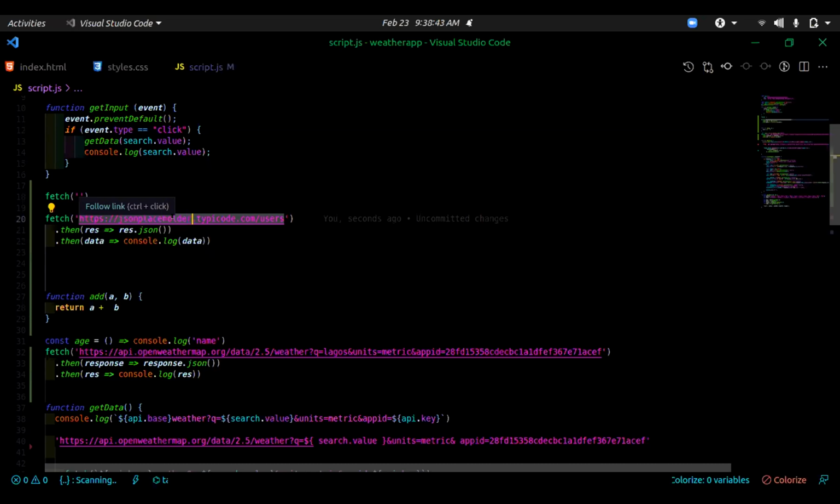So there are three states to what a promise is. You can have a promise when it is pending. That is when you are trying to resolve the promise that you're getting, that means the data that you're getting. You can have it in a failed state. The failed state is when you're trying to get a promise, but it is not responding. That means the API is not working, or you are calling it wrongly, or you have a bad request, or the server has internal errors, right? And the last one is the fulfilled state. The fulfilled state is essentially when the API has returned a response to you,